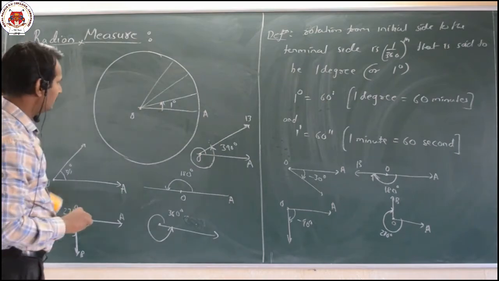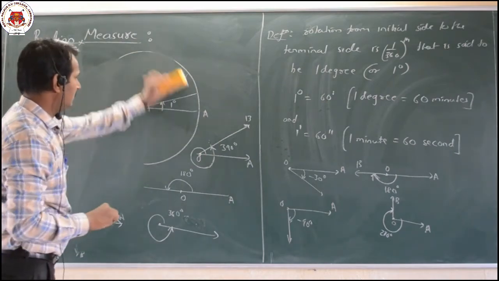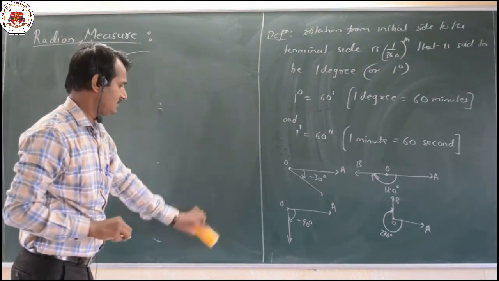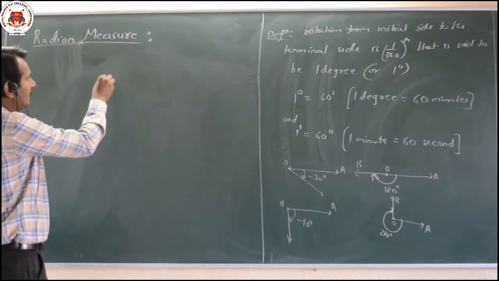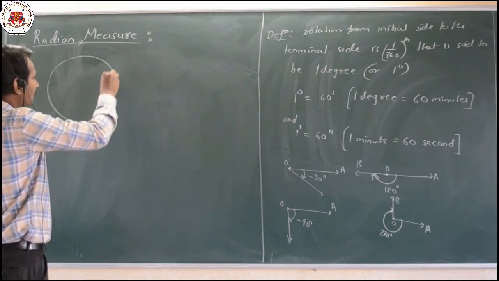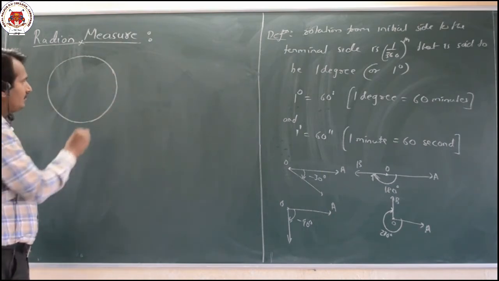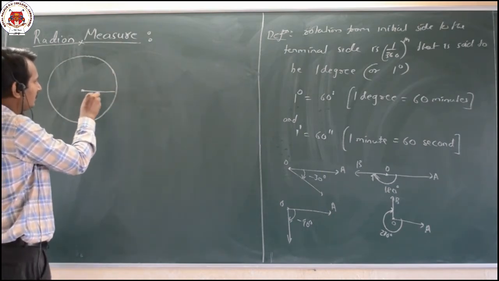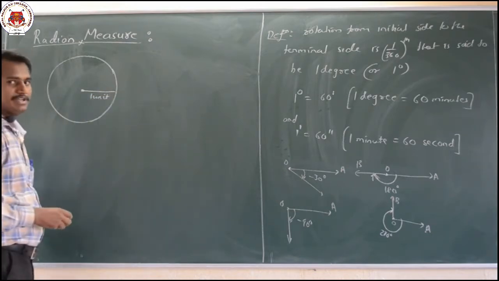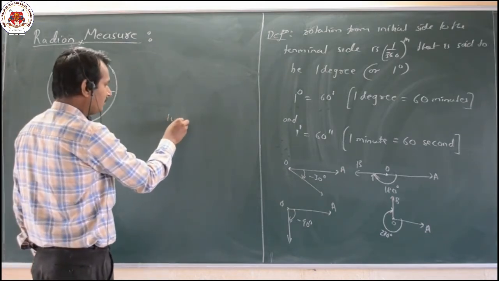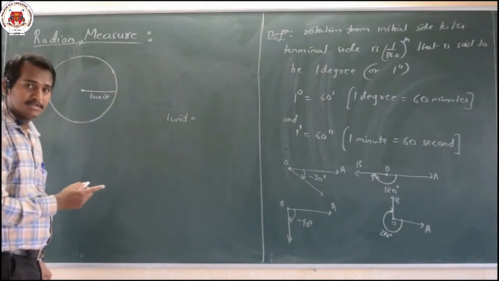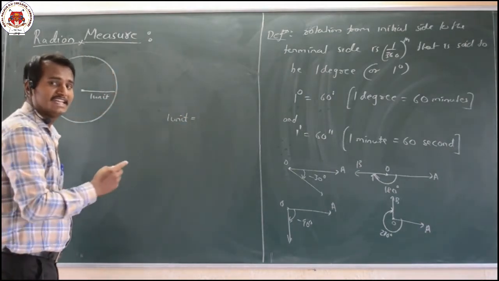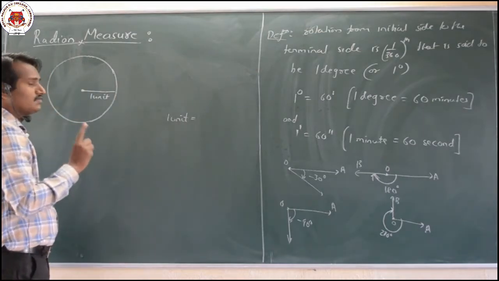Before going with this radian, let us learn the basic ideas about it. Now what do you mean by this radian? Before going to that, let us take a circle which has a radius of 1 unit. Here 1 unit, whatever it is, it may be in meters, centimeters, or feet, anything. So always take it as one single entity.